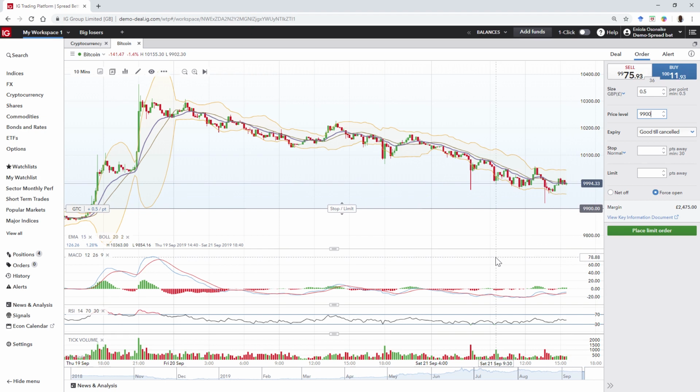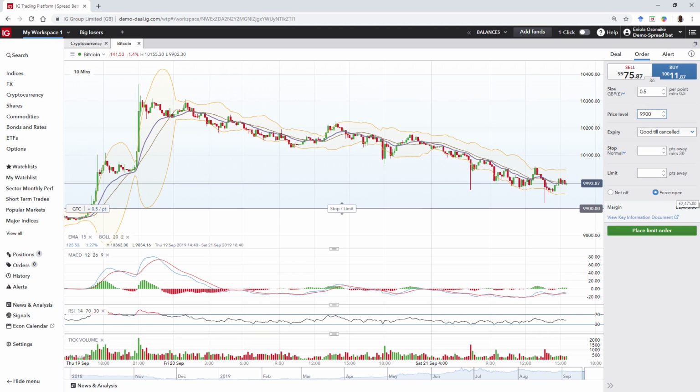Remember, with a limit order there's no guarantee that it's going to get executed, because if the price doesn't hit that point, then the order will never get executed. So now that I've set my price level and set my position size and clicked buy,